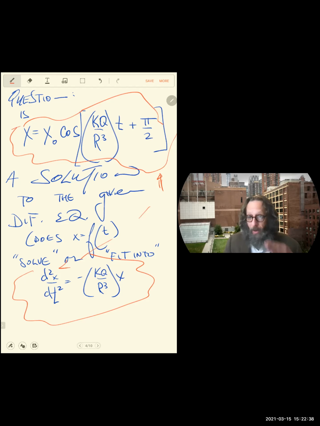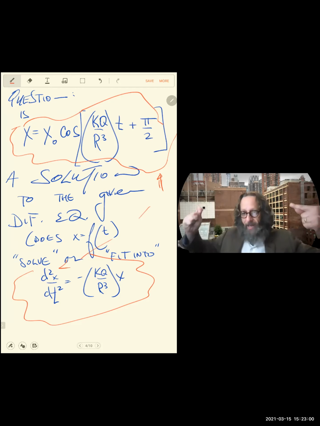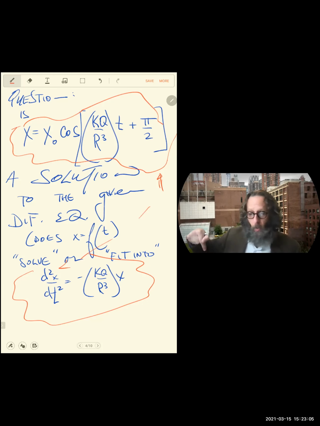And that sort of thing that we want to get, what we're really always trying to find out here is whether, if we take 2 derivatives of whatever function we're trying, do we get back itself times a constant times a negative sign? That's really what we're always asking here. We take some function, we're looking for functions which, if we take the rate of change with respect to time of that function, do we actually get back that function itself times a negative times a constant? Because if we do, that's the kind of feedback phenomenon that defines harmonic oscillation, right?